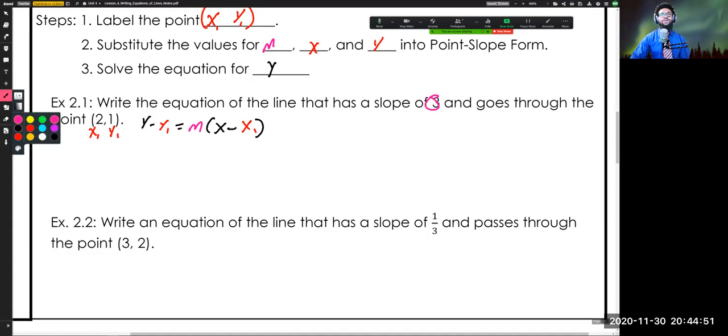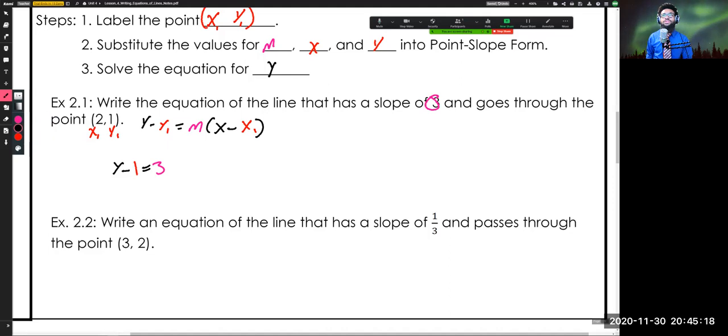I'm just going to write it all in one color because switching back and forth takes a lot more time. So our equation: y minus our y1, which is 1, equals, our m is this 3 right here, so equals 3